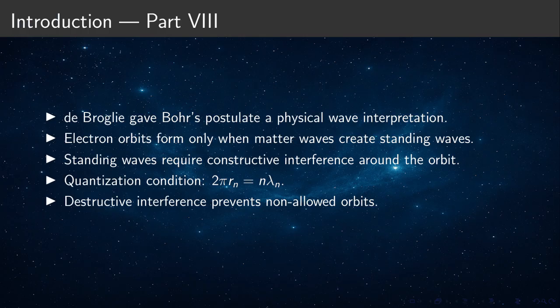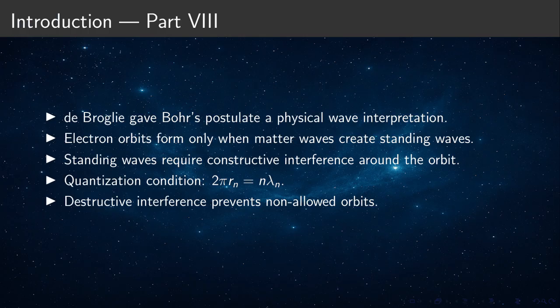The electron is permitted to occupy only those orbits in which its matter wave forms a standing wave around the orbital circumference. This condition requires constructive interference, expressed as 2 pi R sub n equals n lambda sub n, ensuring that only integer